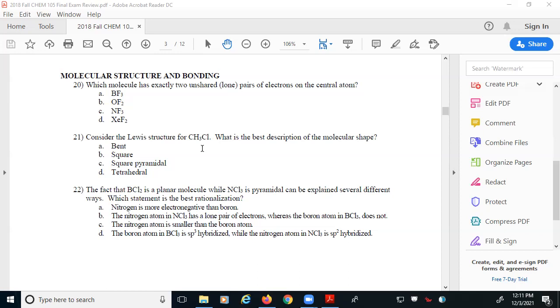Let's look at molecular structure and bonding. This is kind of the middle section of our class here. And let's talk about some of these questions here in the middle. So